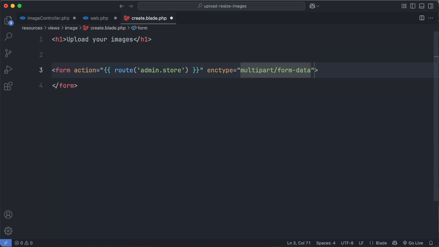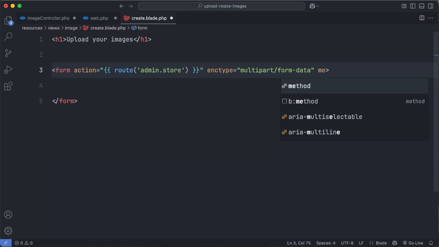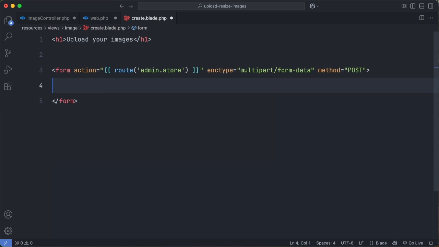This attribute tells the browser how to encode the form data when it's being submitted. It is required when your form includes file uploads. Without this, the uploaded files won't be sent correctly to the server. We also need to specify method to post. Inside the form, let's add